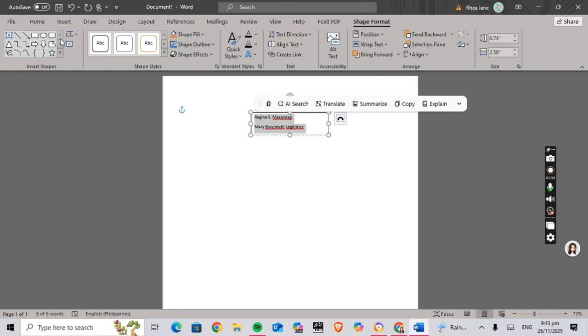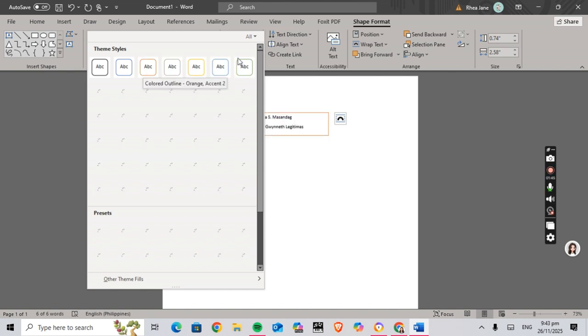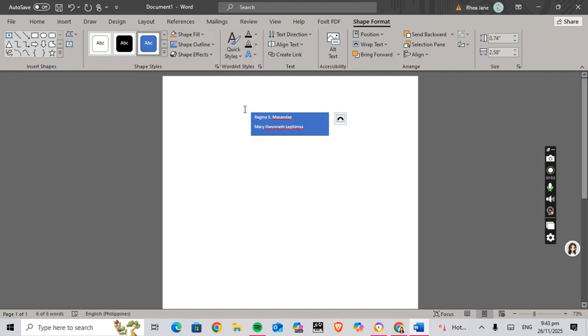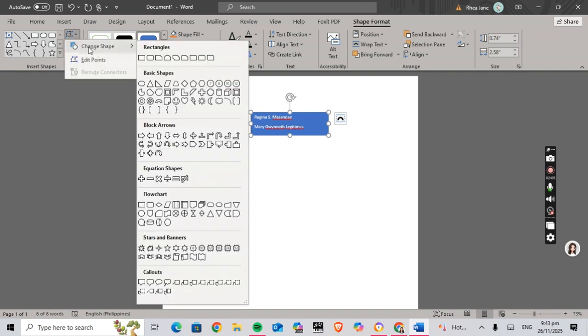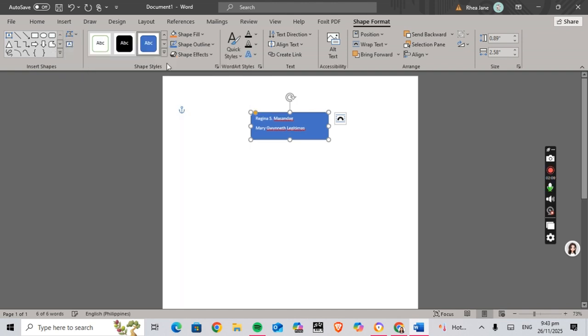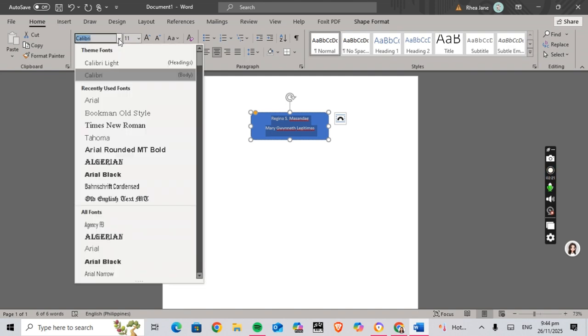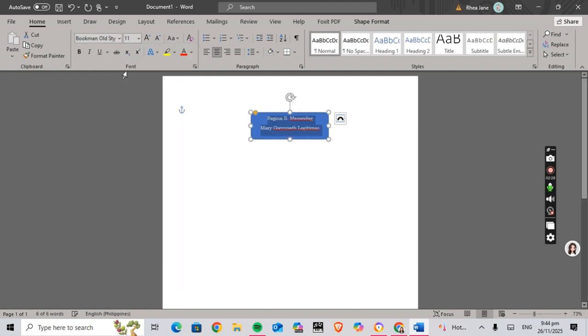So first, the size should be, we will change the size into this, and then the shape, change shape into this, and then we will move this to the center, and we will change the font. Let's turn it into Bookman Old Style.